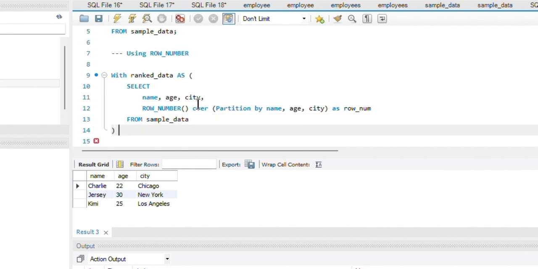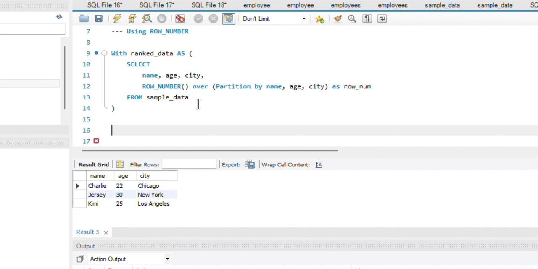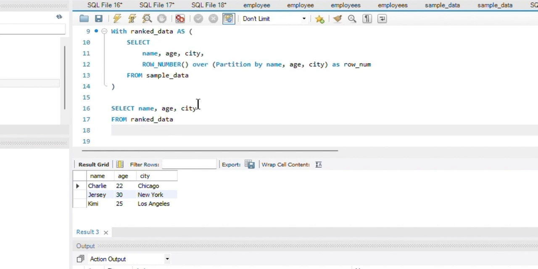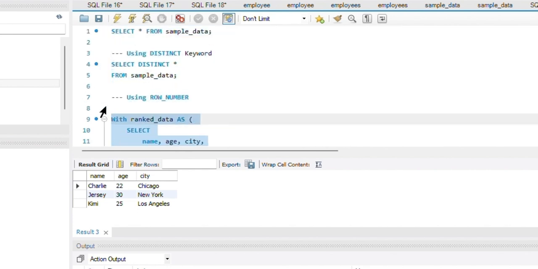Now I'll retrieve the columns that I want: name, age, and city. I want this from my CTE, so I'm writing my CTE name here. And WHERE, I'll write my condition that the row number should be 1. Row number should only be 1.